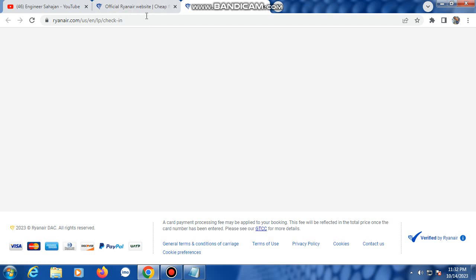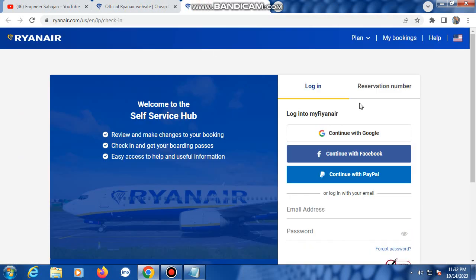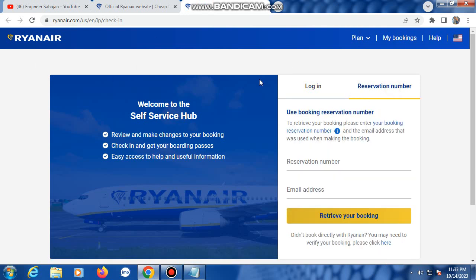Yes, the booking option, my booking, click here, then the check-in option shows, then the first page shows reservation number. Type the reservation number here, then the email, then your information. Select and fill up the information, then select your seat, then your